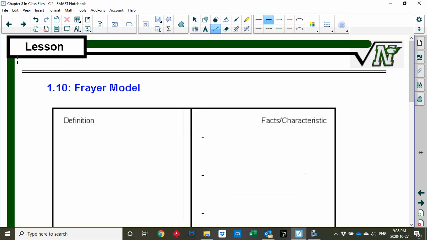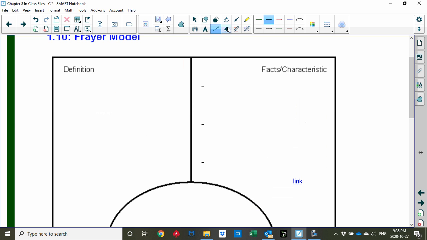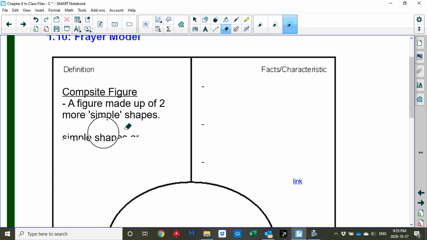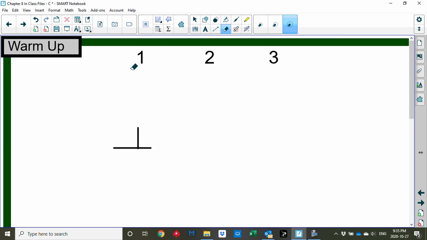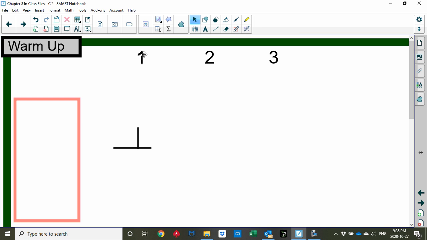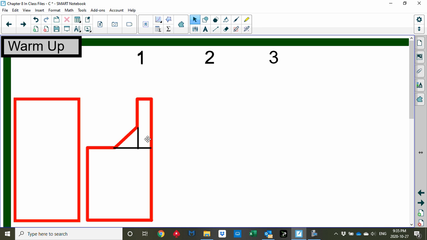So as a definition, you can pause this and copy it, but I'm just going to go through it quickly. A composite figure is a figure made up of two or more simple shapes. And by simple shapes, we're talking about squares and rectangles, things that we know formulas for. So I know that the area of this right here is length times width, but I don't know what the area of this is. But when I break it up, I know this is length times width, and this is length times width, and this is base times height divided by 2,